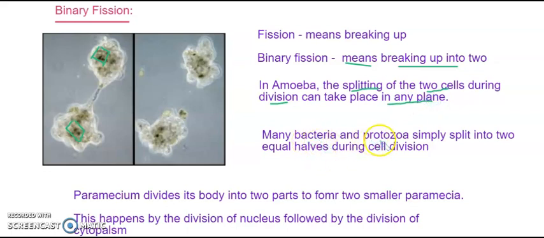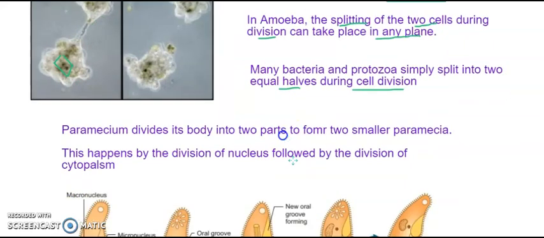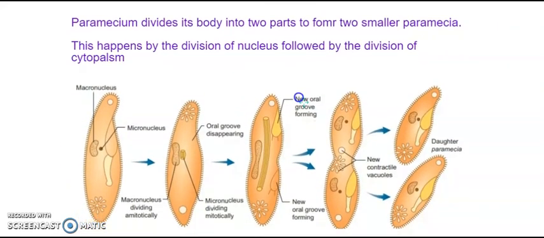Many bacteria and protozoa simply split into two equal halves during cell division. In a similar fashion, binary fission is also used by paramecium. The paramecium body also divides into two equal parts to form two smaller cells. Let's look into the binary fission of paramecium, and then we'll come to understanding the individual parts, how